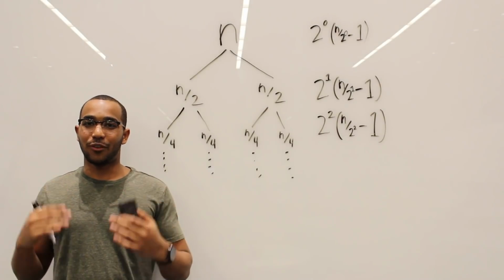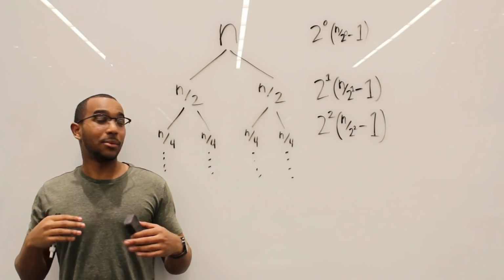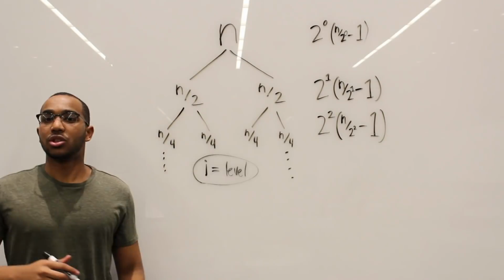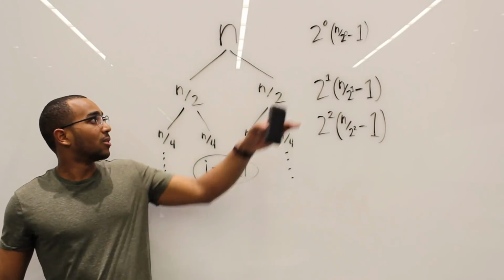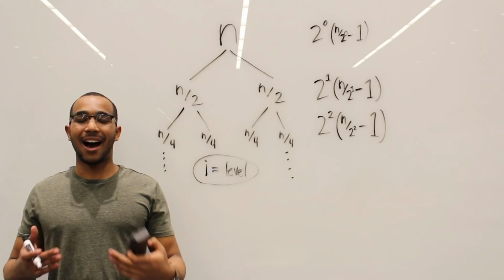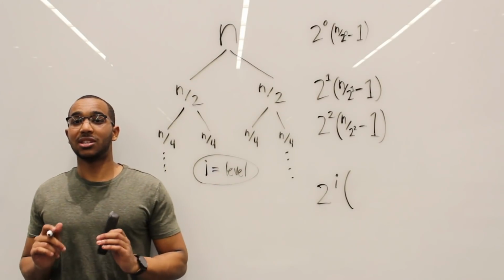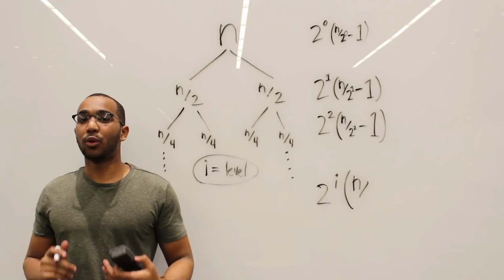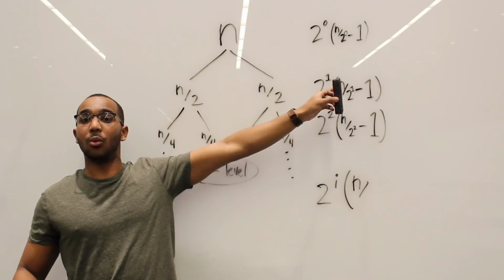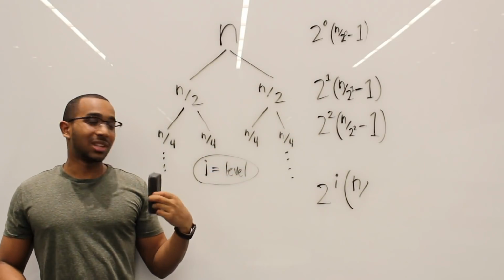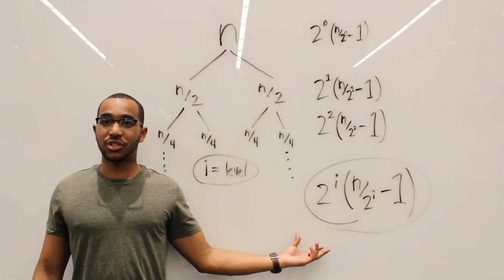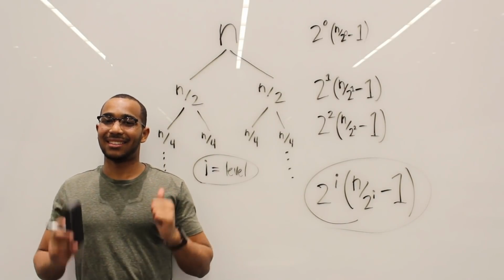So I would go as far as to ask you, what is the generic way we can express work at each level? Let's let i be the level that I'm on. How much work do I do at a level? This is level 0. Notice I say 2 to the 0. So let's say 2 to the i, because the i is the level. And now what's inside? We have n over what? 2 to the level. Do you see how it says 2 to the 0, 2 to the 1, 2 to the 2? So let's say 2 to the i. That equation we have right there is the generic equation for the amount of work at the ith level.